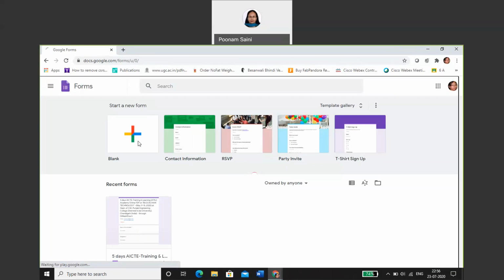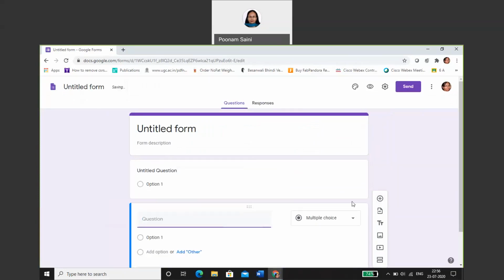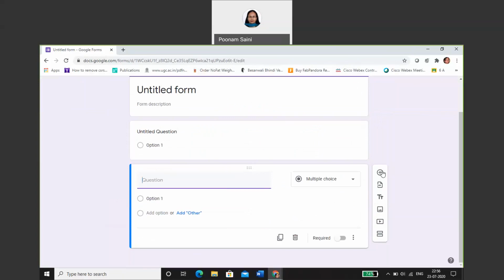So I think we had already covered the Google Form creation in Google Classroom as well. You have this untitled form where you can give a title to your form, and then you can type a question here, and then you can start adding multiple options. And here you have different features for adding, like if you want to go for multiple choice, you want to add a question, or you want to import the